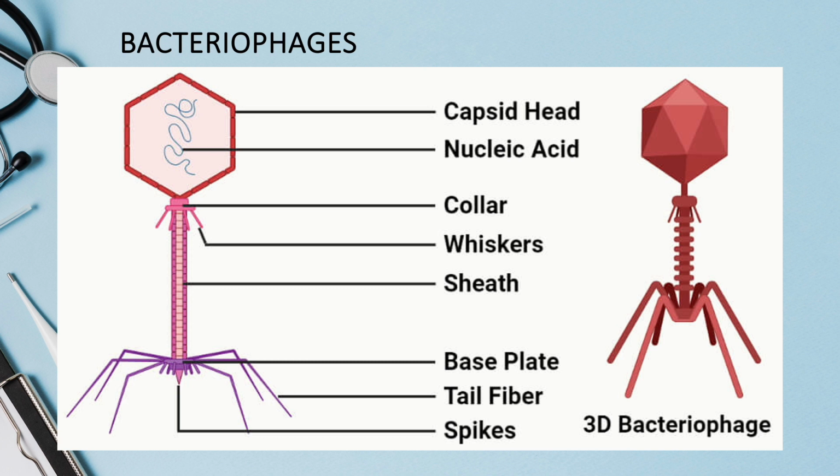And this is how we can treat some bacterial infections, because bacteriophages are absolutely harmless for humans, for animals, for plants, just because they have their specific target, first of all. And second,